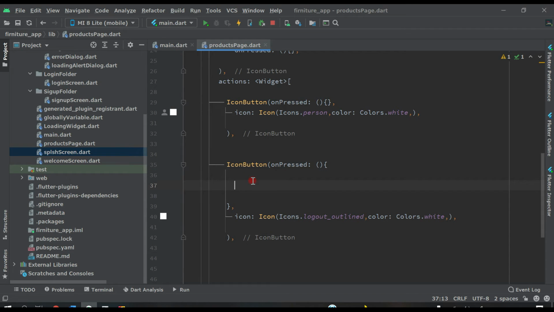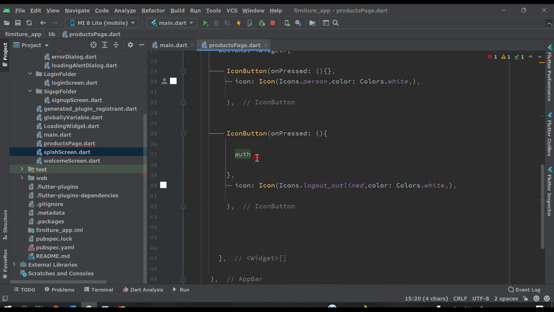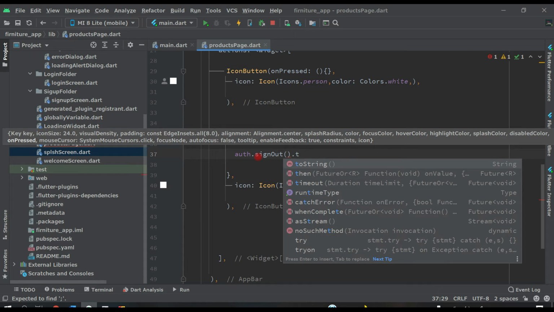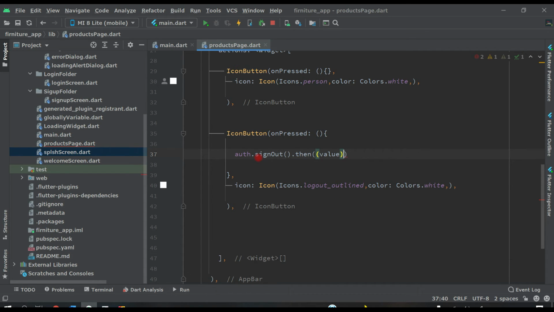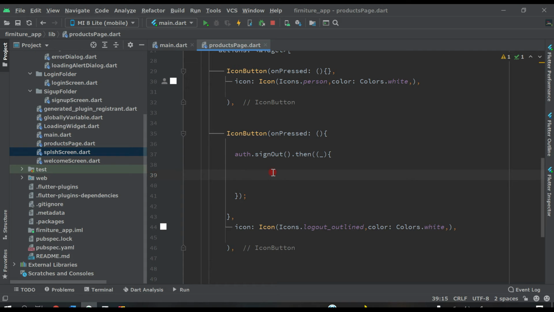So here we have to write auth, and this auth is the variable we created here, and then dot sign out dot then. Remove this value and put an underscore, and after that put two curly brackets, and at the end a semicolon. Inside these curly brackets we have to give the route, where we send the user after logging out of the application.